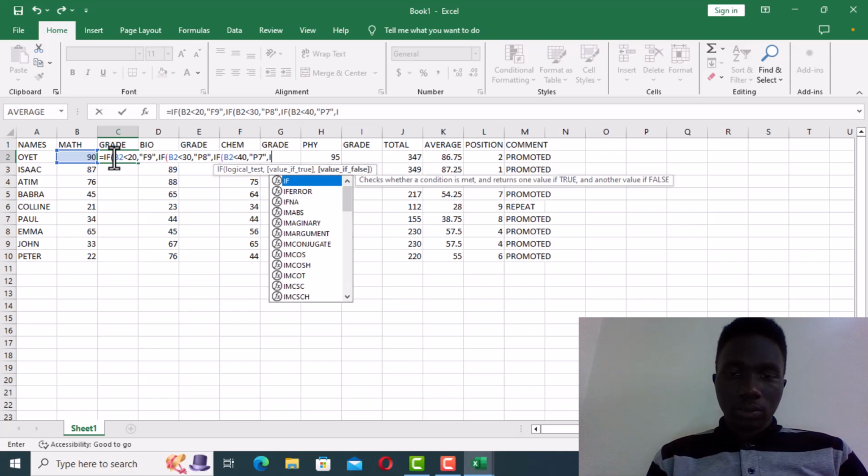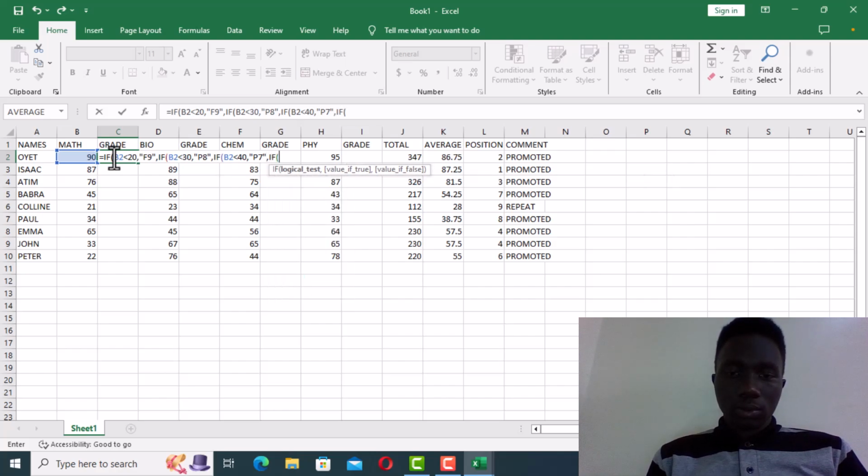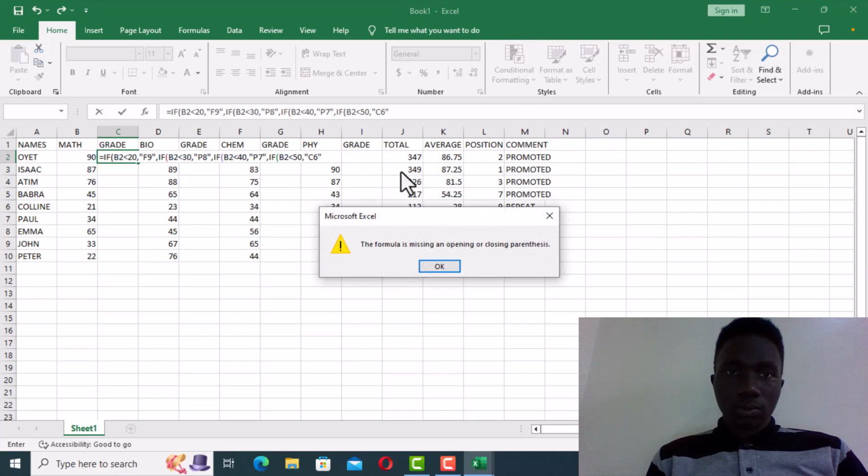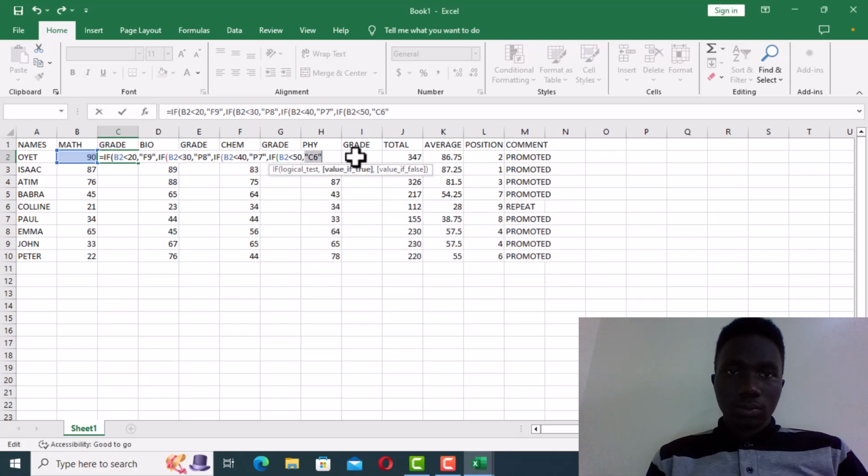and comma, we say if, open brackets, b2 is less than 50, we give them a grade 6, that's a C6. We give them a C6, then comma,